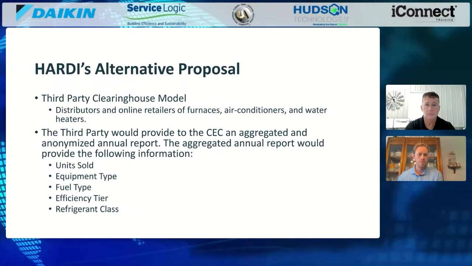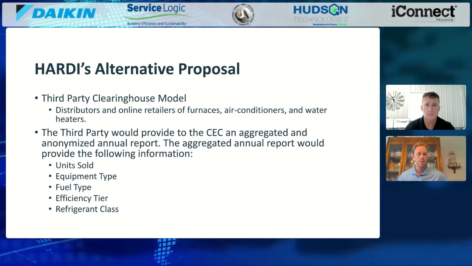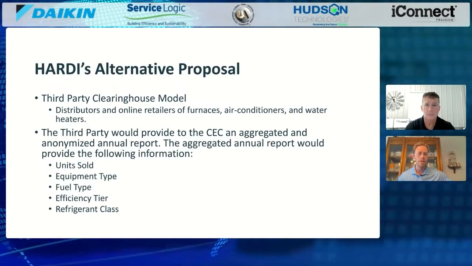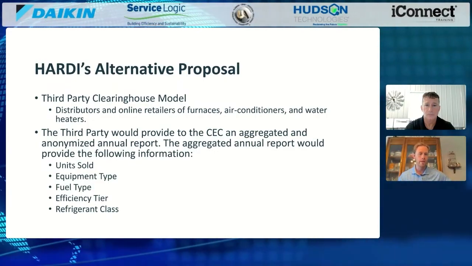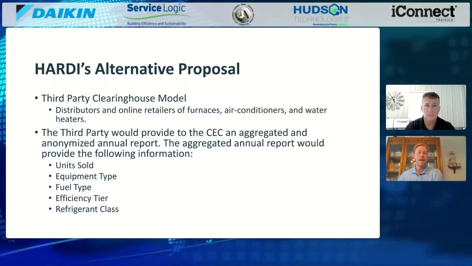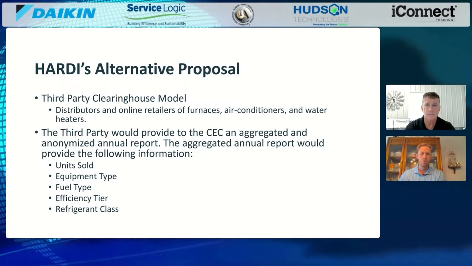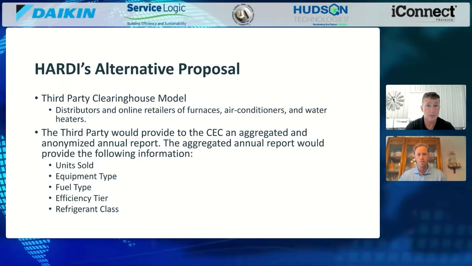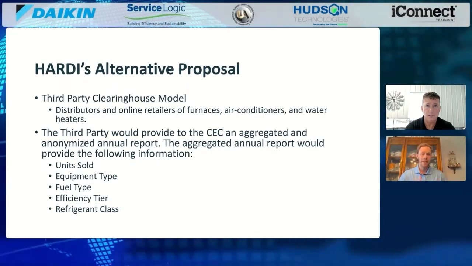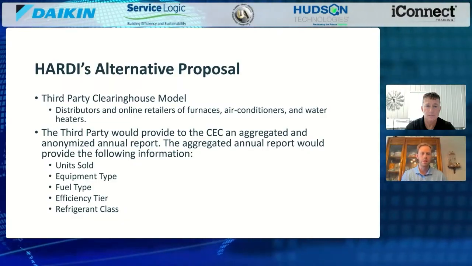We reduce the data and send it to an aggregator and anonymizer, and then they produce that annual report that is anonymous and aggregated, and then they provide that to CEC, and that just gives you your units sold, equipment type, fuel type, efficiency tier, refrigerant class. That's all the info we get. That's all they need. Exactly, that's all the information they need to achieve their goal of permit compliance, because that